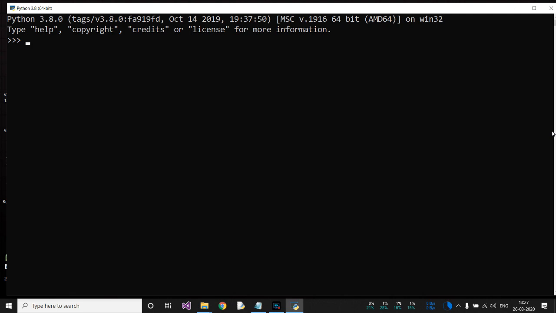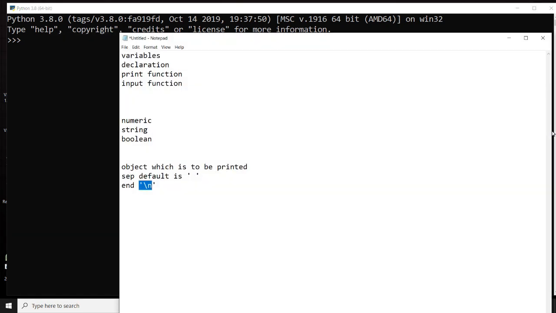For example, if I am writing madam, and you read it from the backward, the backward characters are M, then A, then D, then A, then M. So this is a palindrome string. Similarly, if you talk about any number, suppose